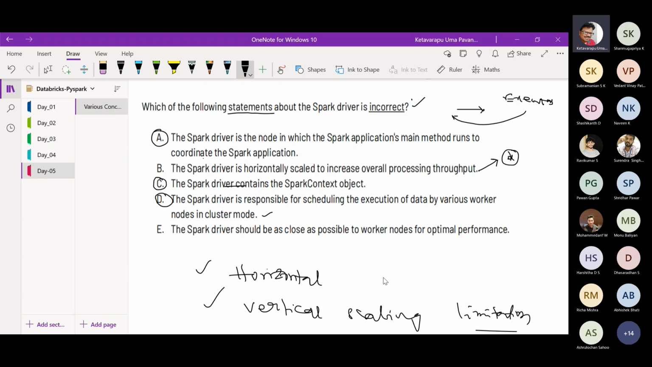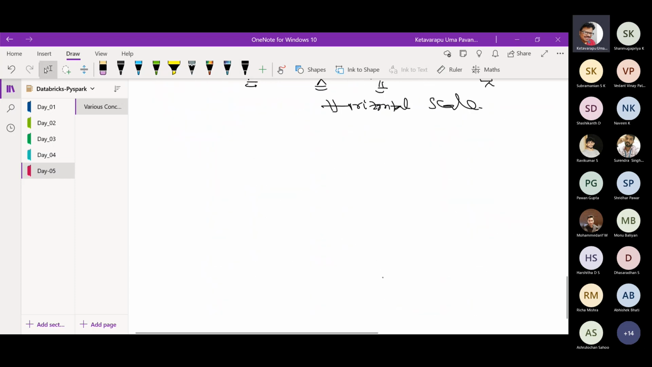And let us see the fifth option. Actually, they give five options, guys. The Spark driver should be as close as possible to worker nodes for optimal performance. This is something like caching, guys. That's what I'm saying. A little bit